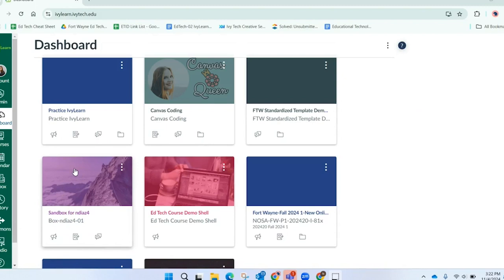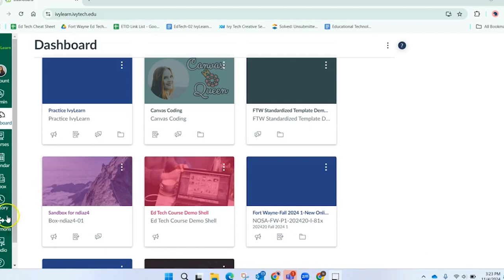To be able to load content into your dev shell, there are many different ways. You can ask a fellow instructor for their content that you are interested in using. You can create it from scratch, or you can use past content from a past course and import it into your dev shell. You can also go into the commons and search for similar classes and import that into your dev shell. So those are different ways in which you can add content into your dev shell.